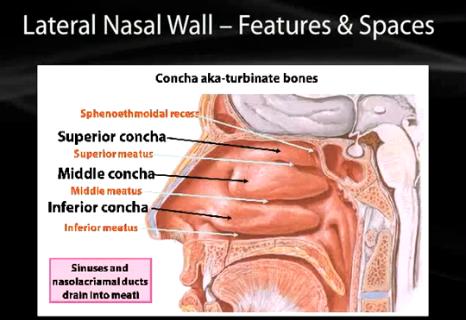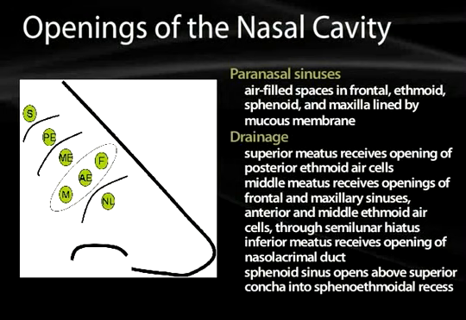Concha is another name for turbinates, depending on what you were taught to call them. Now, all of these sinuses, the paranasal sinuses and the nasolacrimal duct, have to drain into one of these spaces in the nasal cavity. The way I remember them is simply by drawing a nose quite quickly and remembering that